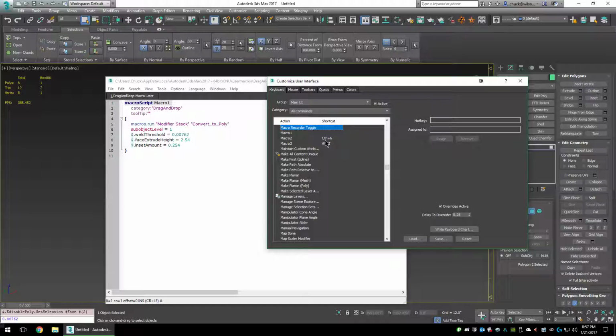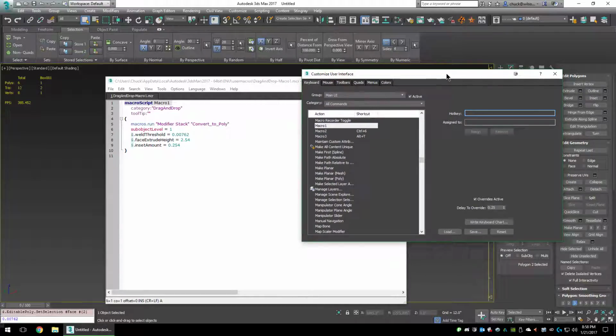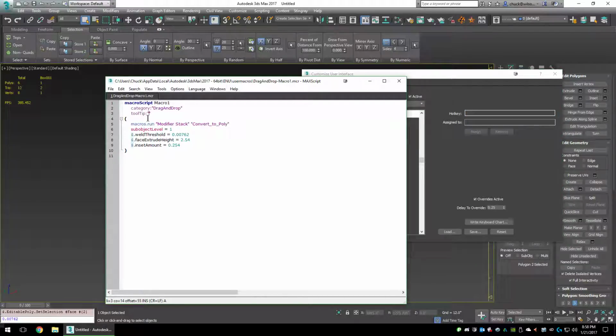These are some other ones that I've made already. I deleted my macro 1, so that's why it's like that, but they have it named macro 1, and we could vary this. Macro 1 is the same script we made, so we could actually go over here and assign a hotkey to it and be done. But after you get a bunch of macros, you're going to be like, I'd like to be able to name it, and that's what I wanted to show you. To name it, right in between here under tooltip, you click that, you type in whatever you want to name it,